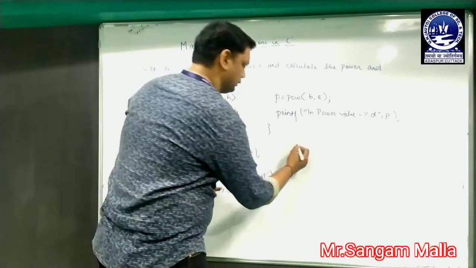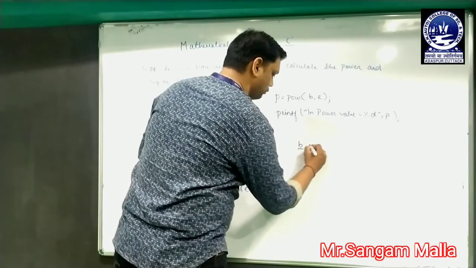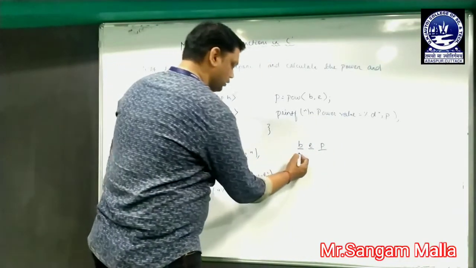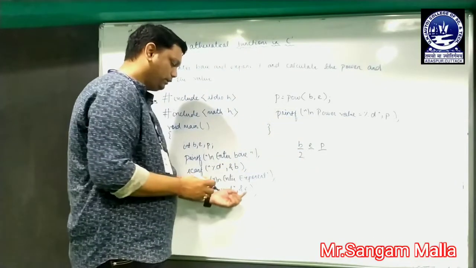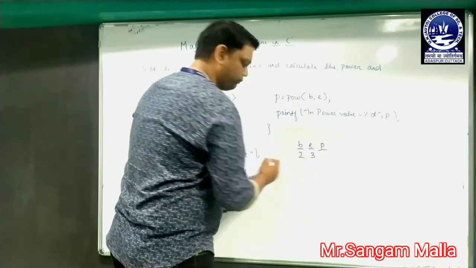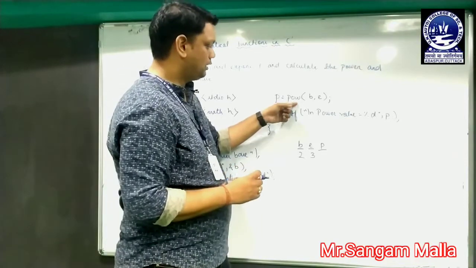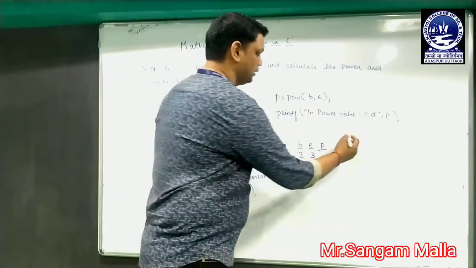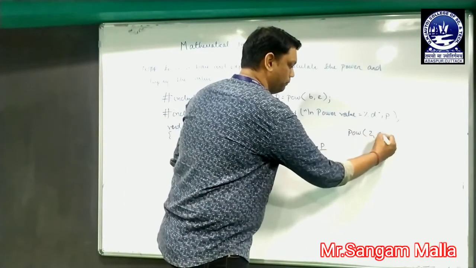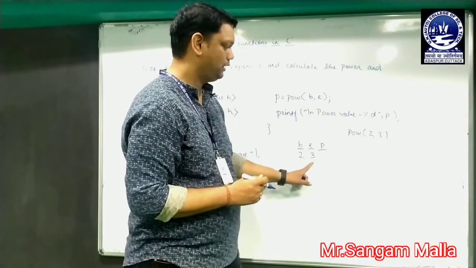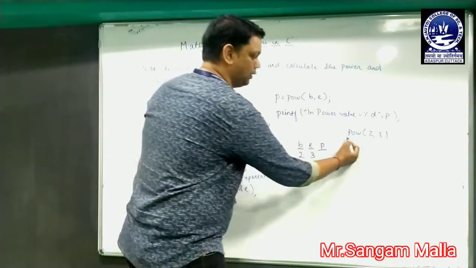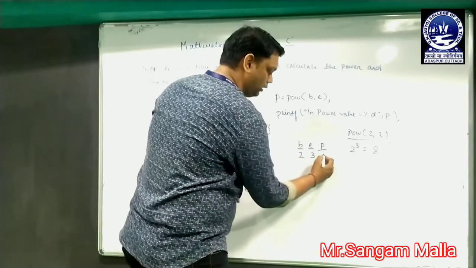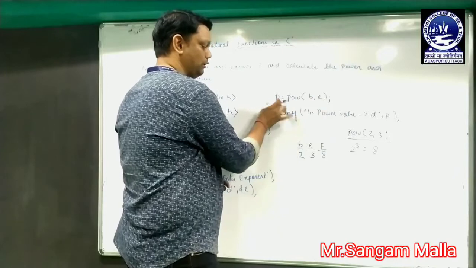So let's take an example. We have taken three variables, that is b for base, e for exponent and p for power. So let's say the user has entered 2, and in place of exponent they have entered 3. Now here it will come pow of b comma e, that means base to the exponent, that means pow of 2 comma 3, because 2 is stored in base and 3 has been stored in exponent. So what is the pow of 2 comma 3? That means 2 to the power 3, that is 8. So 8 will be stored in p, because we have calculated the value and stored it in p.